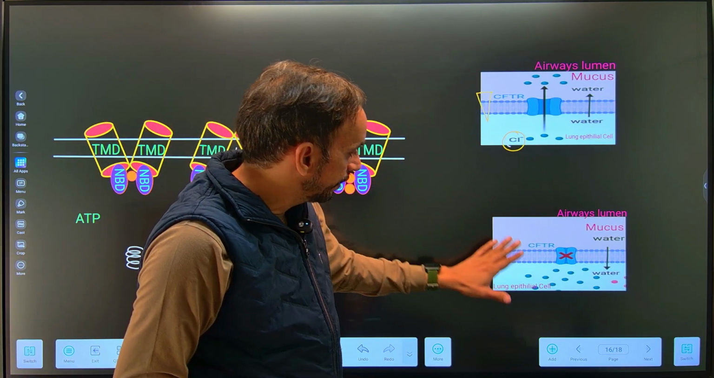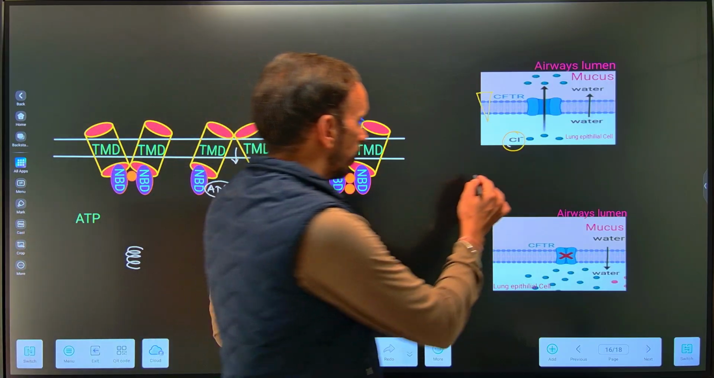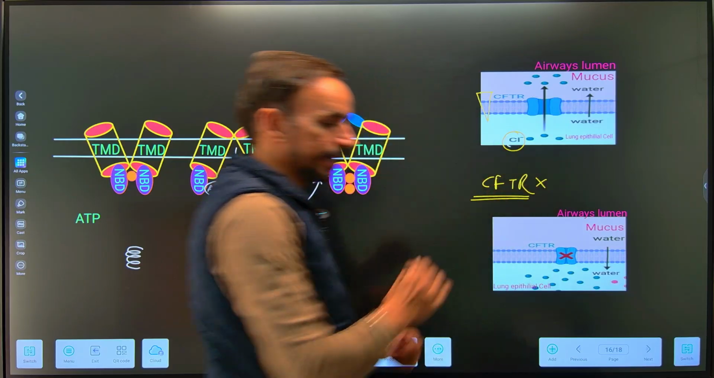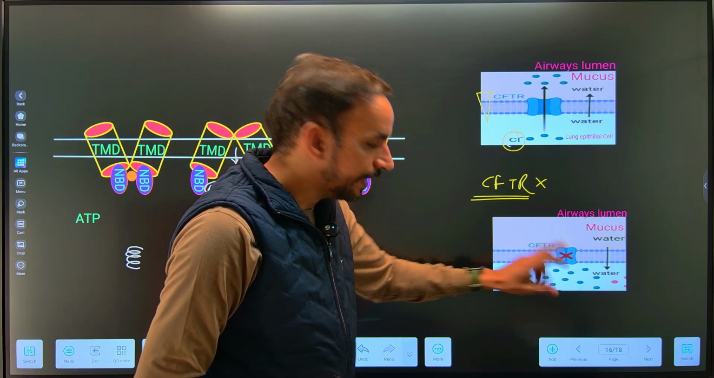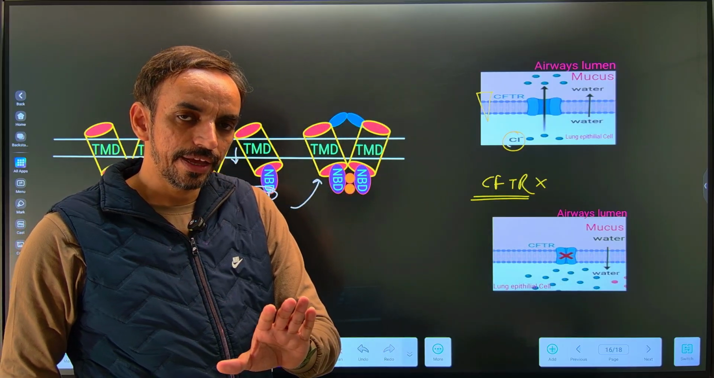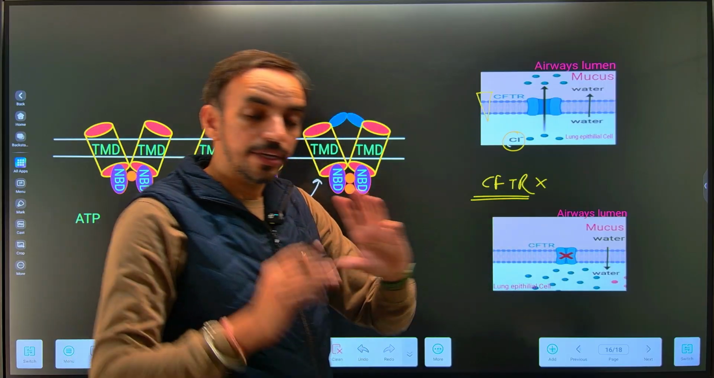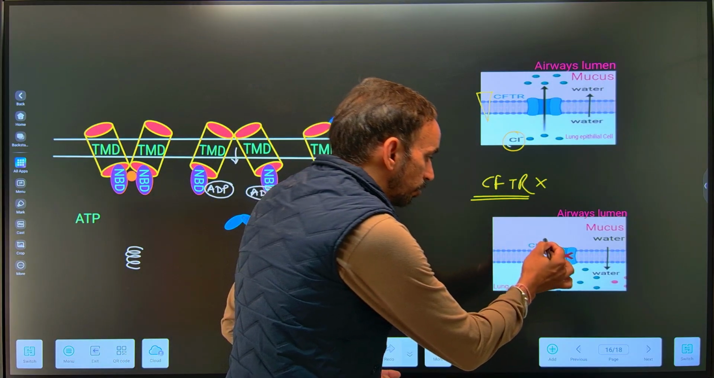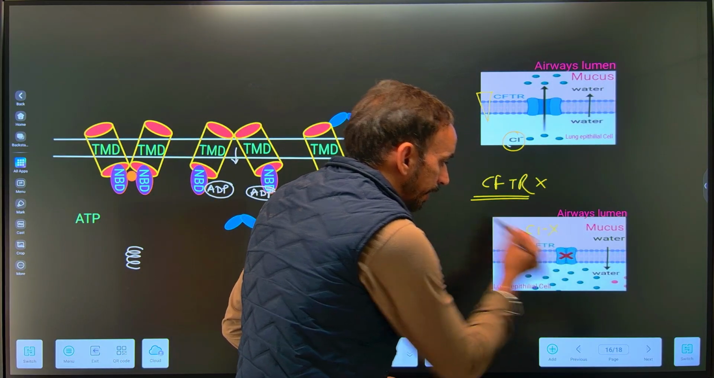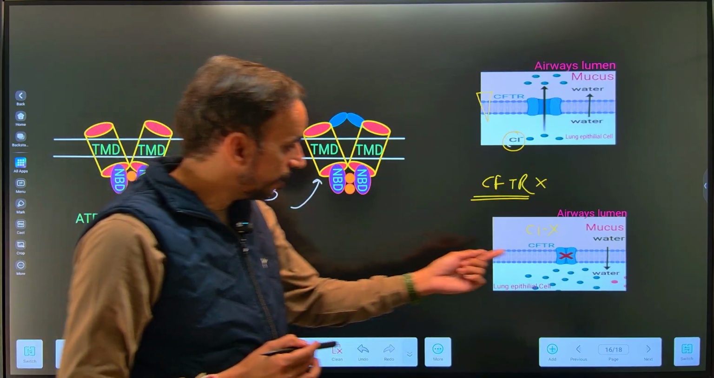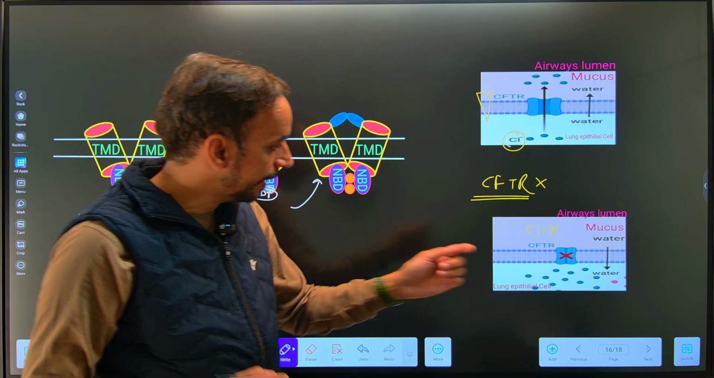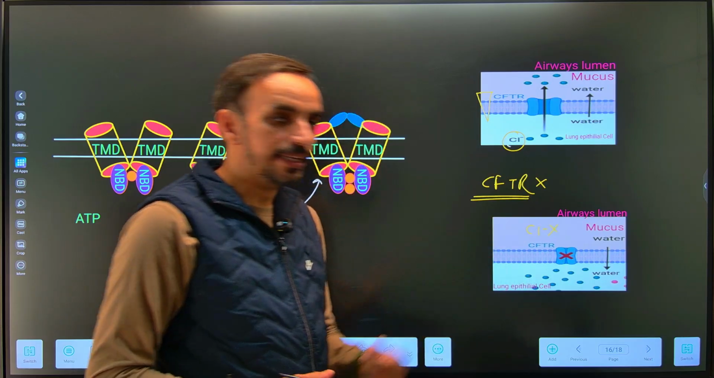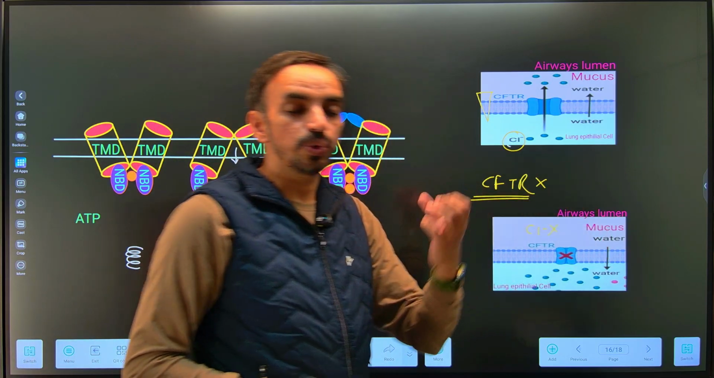Now, suppose the CFTR is not working. In that case the protein will remain present on the lung membrane, but it is not functional. If it is not functional, there is no transportation of chlorine ions, and if the chlorine ions are not transported into the mucus layer,